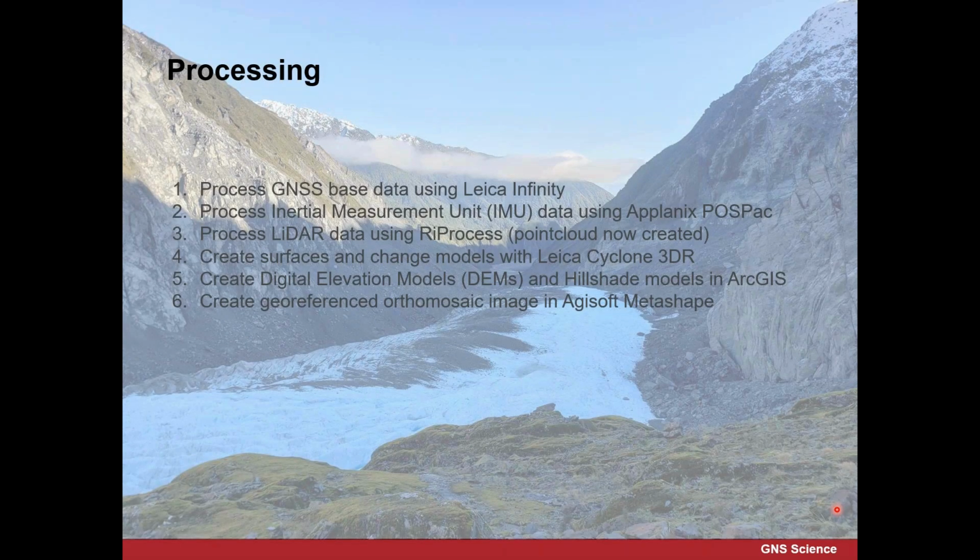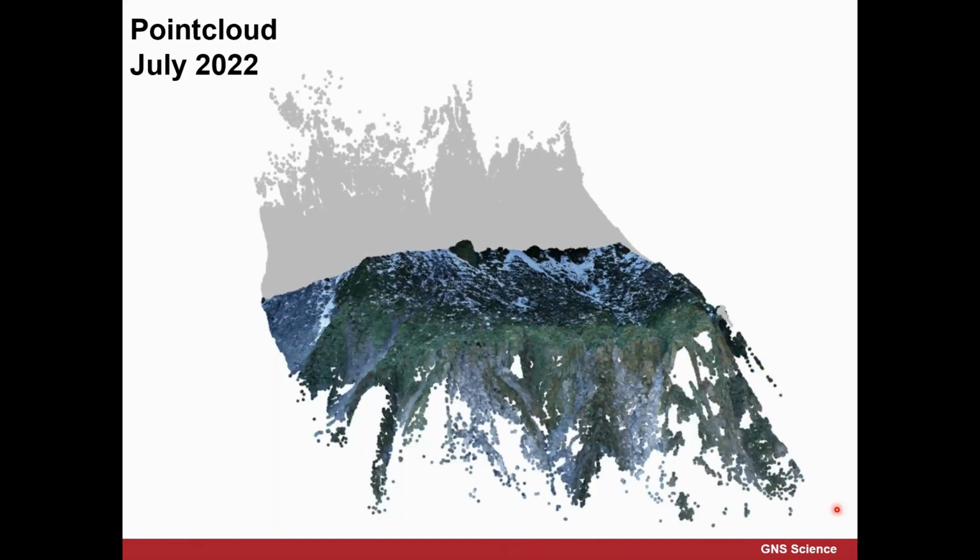So processing, we actually use 6 different software packages, and there's a 7th one that is used for classifying the point clouds, which I haven't done in this scenario. But once we have a point cloud created, this is at Rapa Nui again, we can come up with a pretty dense point cloud. However, what was quite disappointing is that because we couldn't fly over the side of the cliff because of breaking the rules, the actual data on the cliff is quite sparse and it's not super great,